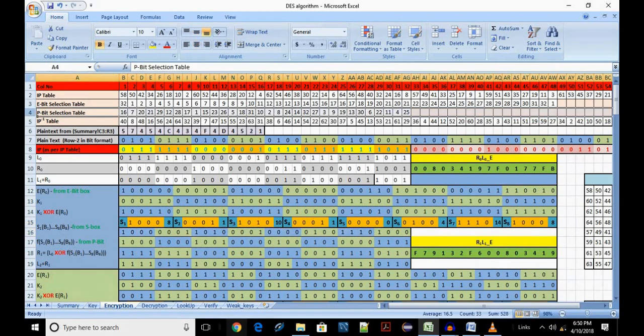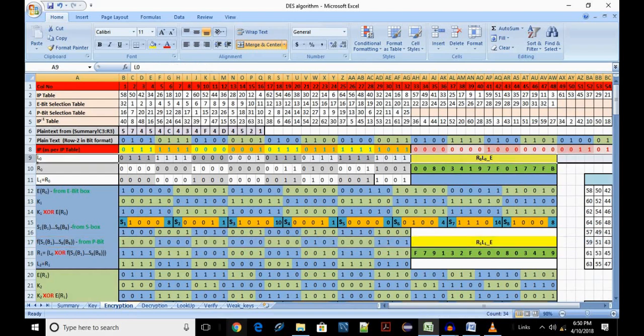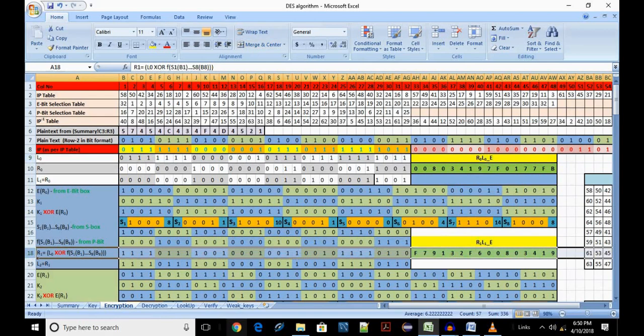Permute this row 16 using P-bit tables and write in row 17. XOR row 17 with row 9, which contains L0. This row 18 uses R1. We started with R0 and now we get our R1 here.